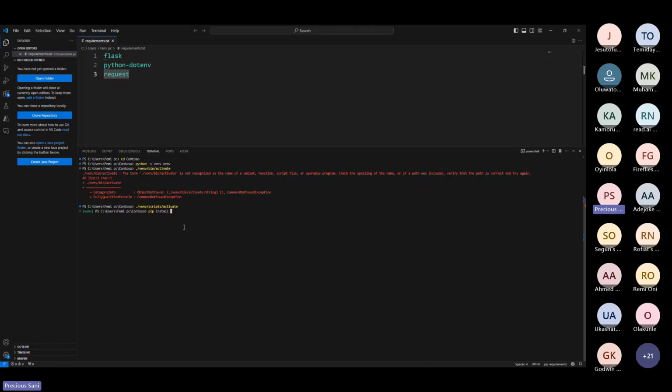Request is another requirement that we use. So we have to have all of this in the app. I'll say pip install -r requirements.txt. Rather than installing all of these things one by one, I just went ahead to use